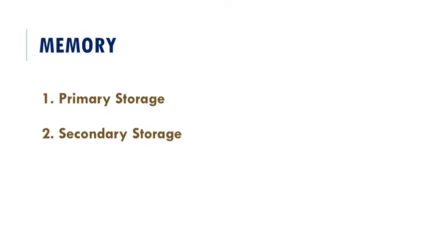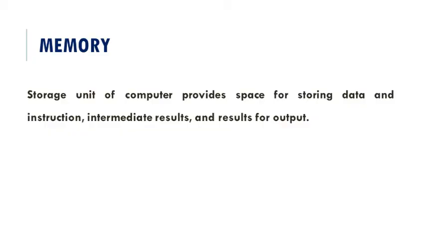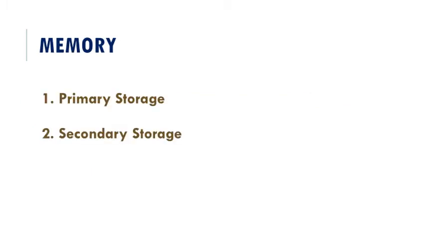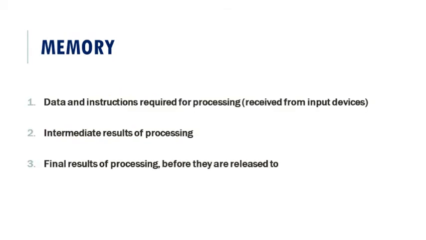So now we have the memory, in which the data and instructions entered into a computer system through input units have to be stored inside the computer before the actual processing starts. Basically all these data and instructions should be stored in this memory. So we have the primary memory and the secondary memory. But before that we have to focus on how the memory stores the data.